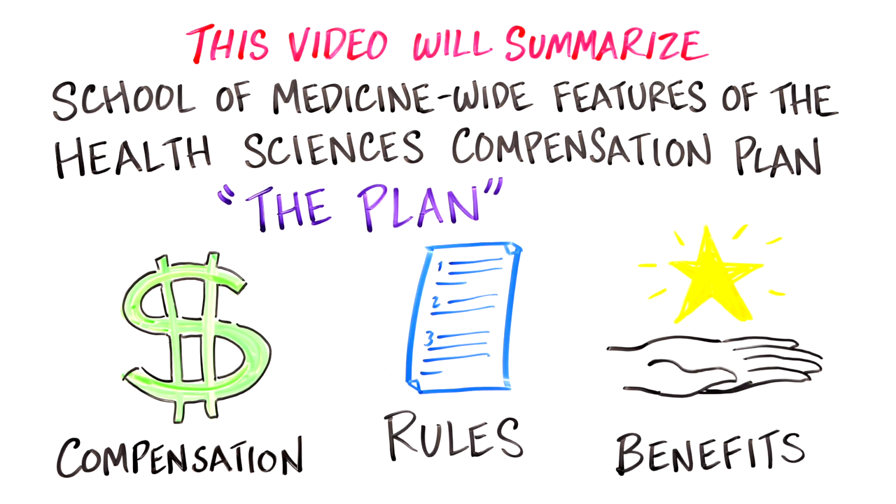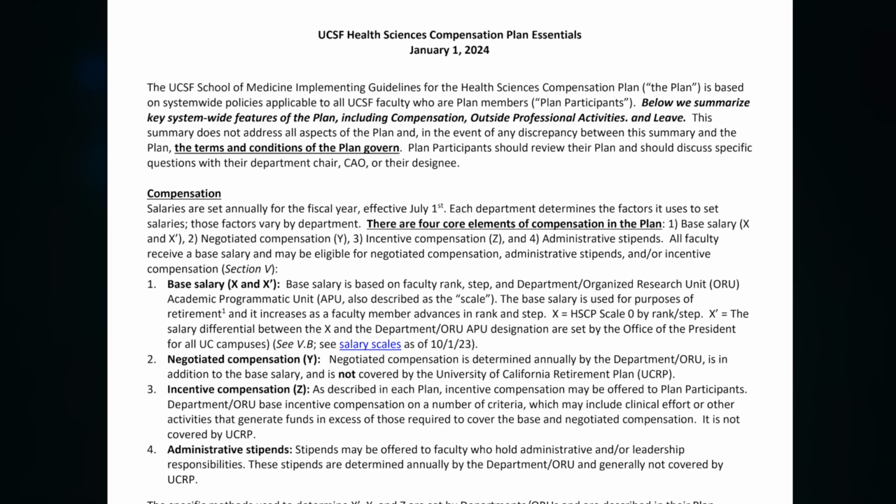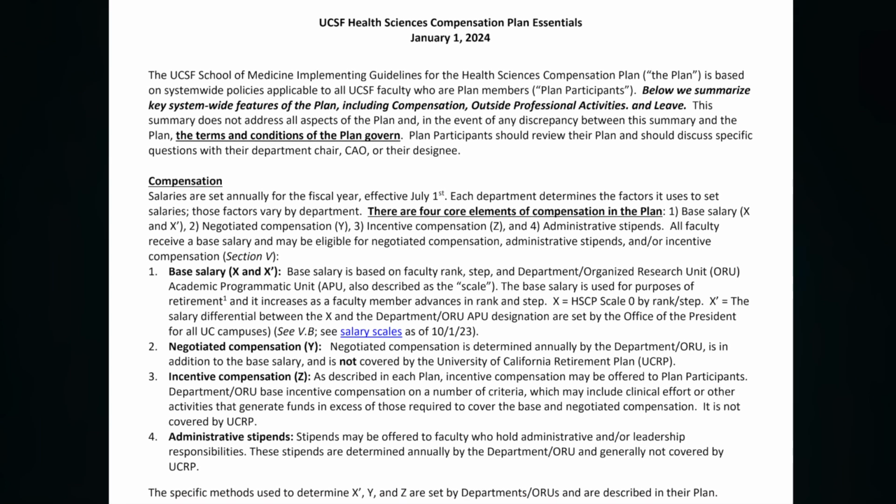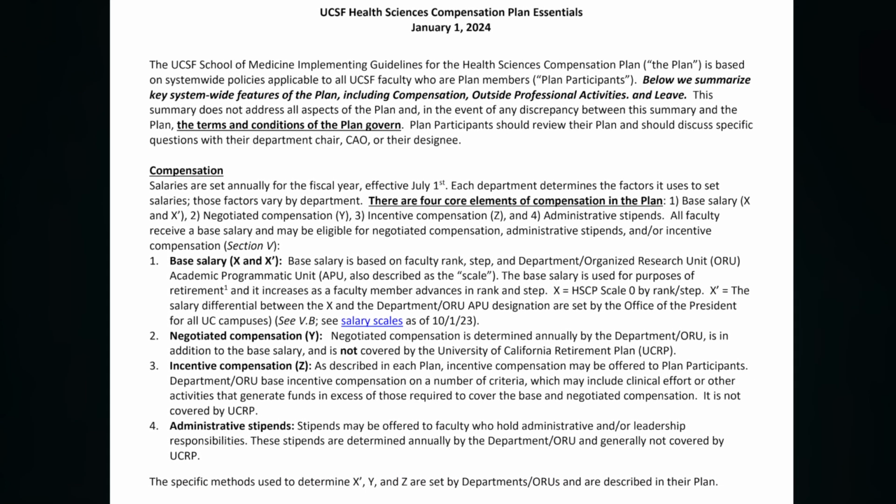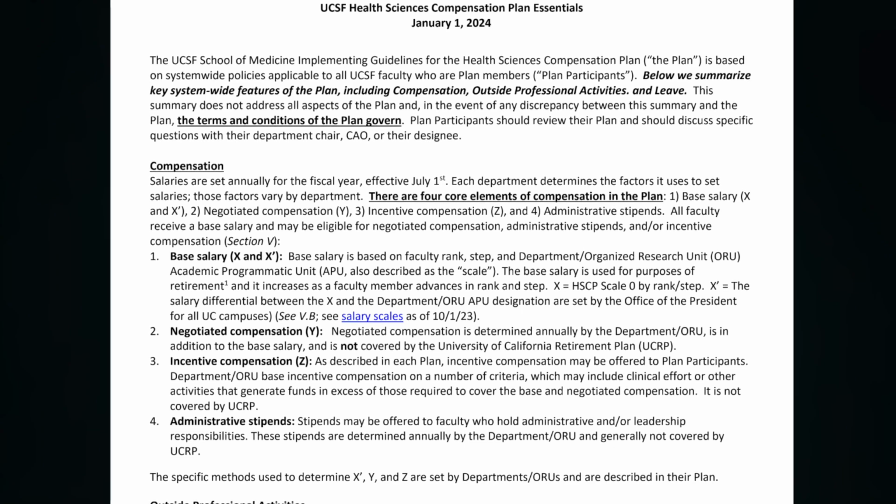general benefits, including leaves. You can also review all of this content on the Compensation Plan's Essentials document that's available to you on Box, where you can also find your department or ORU's plan, the departmental plan. It's important that you review your specific department plan and should discuss specific questions with your chair, director, or chief administrative officer, or CAO. Now remember, this summary that we have online does not address all aspects of the plan, and in the event of any discrepancy between the summary and the plan, the terms and conditions of the